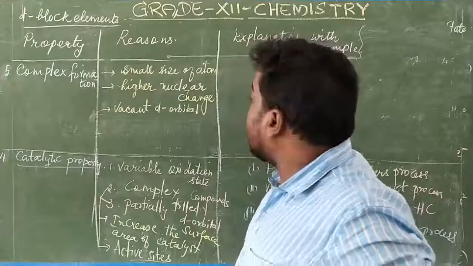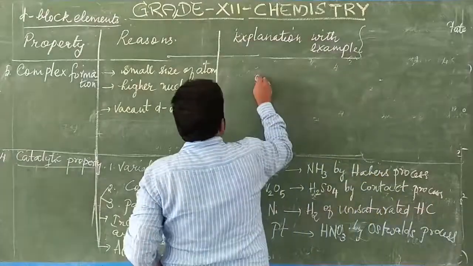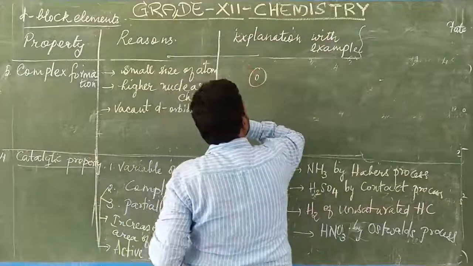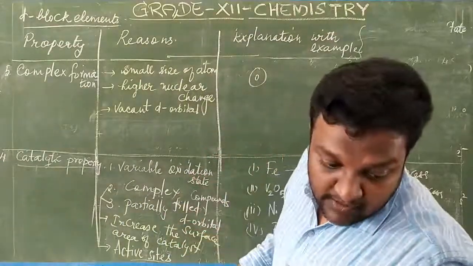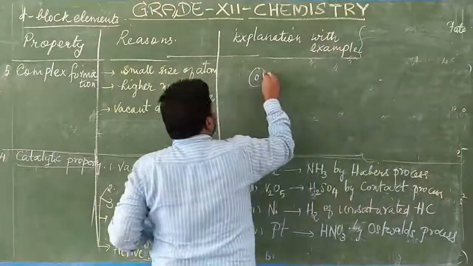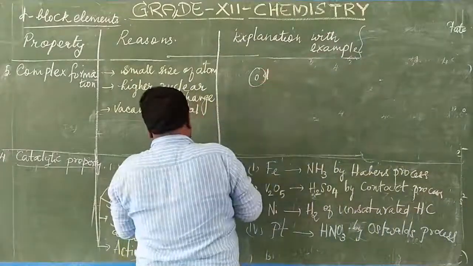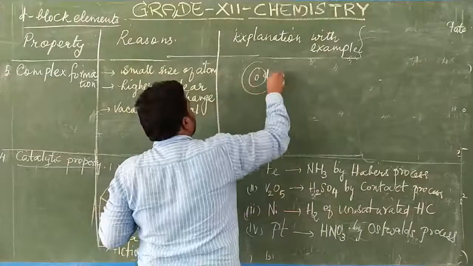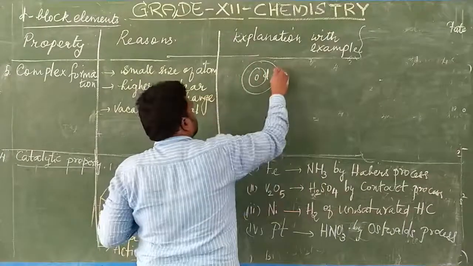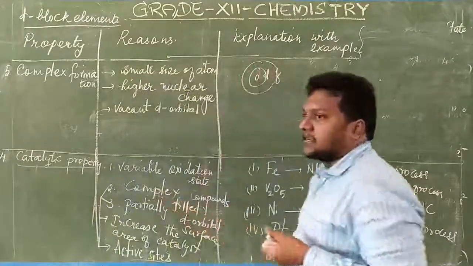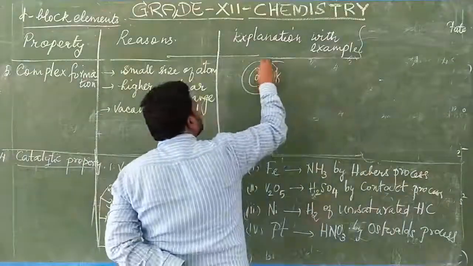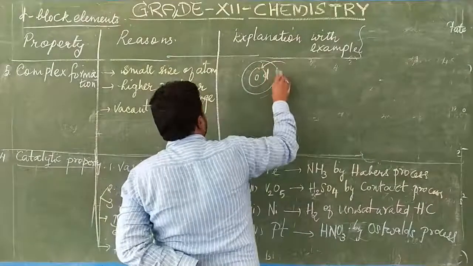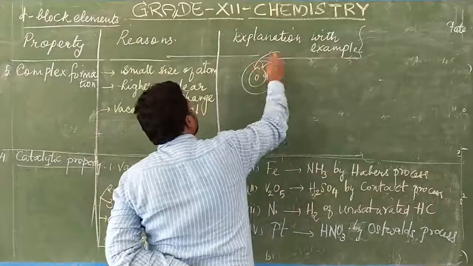The size of the atom, see, if this is the nucleus and this is the n-1 d subshell, what are we calling this? Now it is a d orbital. Next to that what we have? F. It is like this. D is there and F orbital is there. Now the incoming electrons will be getting, this is S actually, isn't it? Now incoming electrons will be getting added here only.